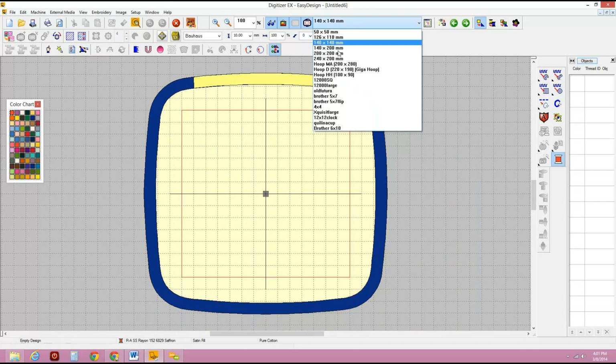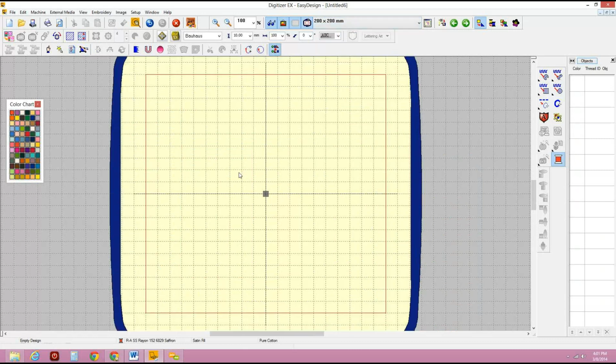Let me go ahead and I'll just put a bigger hoop in to see a little bit better. Okay, on the motifs, what I can do is just use a very simple tool. Here's my running tool, right? I'm just going to make a line. This program's kind of neat because I can left click and I get a point, and if I right click, I get a curve. And you don't see that until you place the next point. If I make a mistake, I can backspace. So I'm going to go ahead and just make a straight line right now and then press enter. There's my line. It's just a